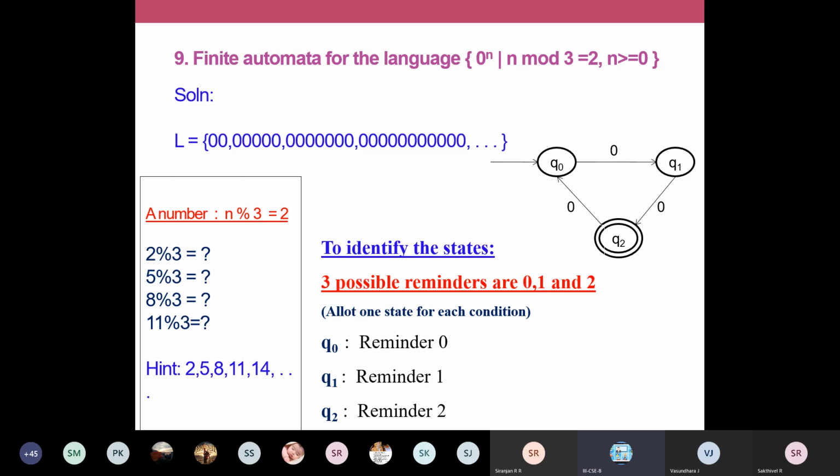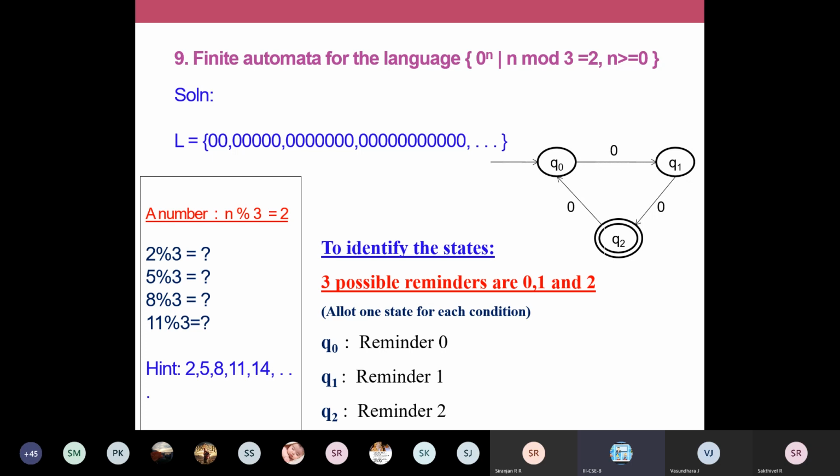Okay, so you have possible remainders as 0, 1 and 2. So I am going to assign a state to remember this 0. I'm going to assign one more state to remember the possibility of remainder 1, and another state to identify the remainder 2. For remainder 0, one state; for remainder 1, another state; and for remainder 2, another state.